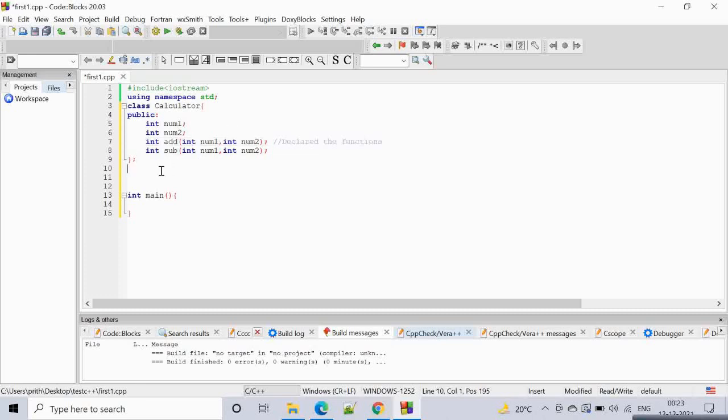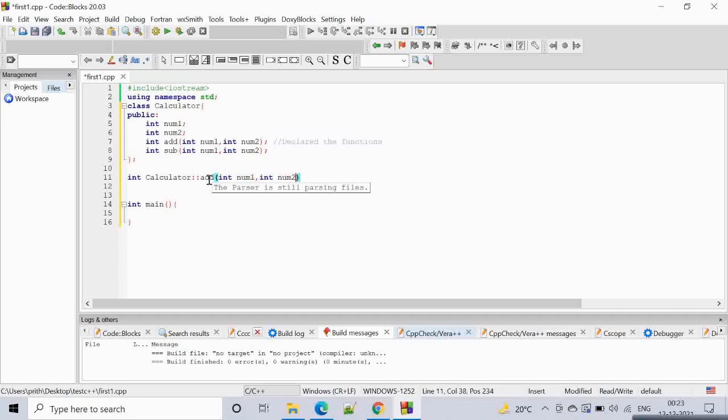We will have int, which is the return type of this function. The syntax is a bit different from Java. So this function belongs to this class: you write calculator, two colons, and then add, with int num1, int num2.